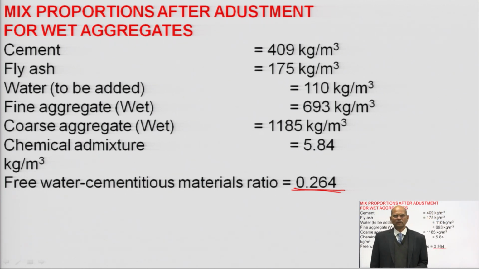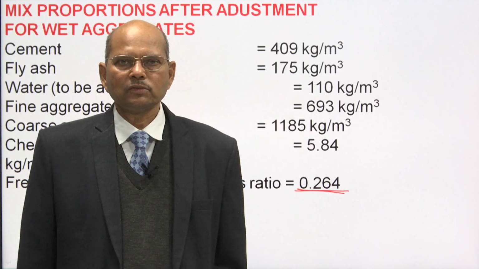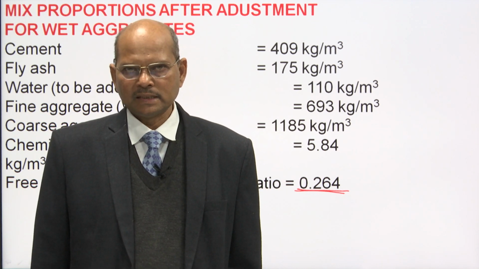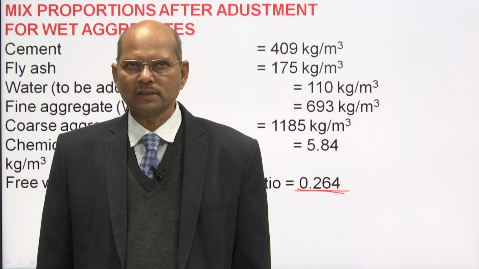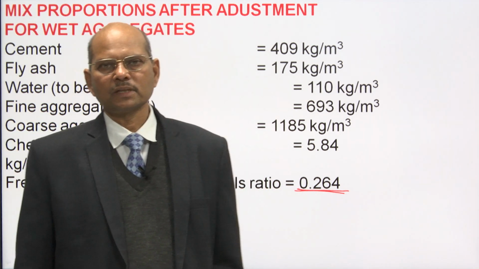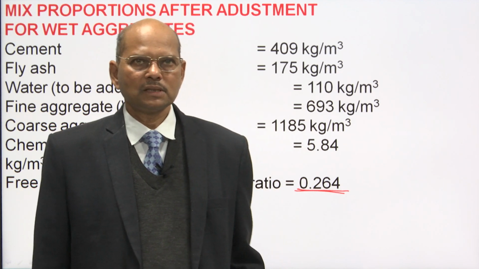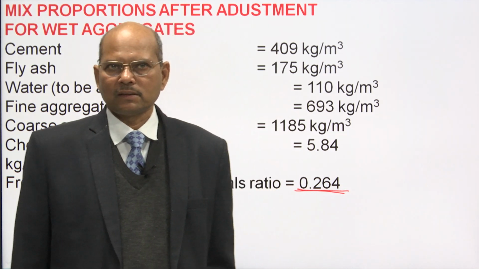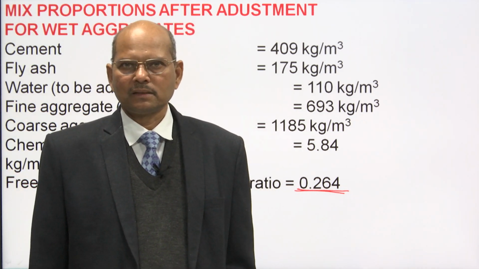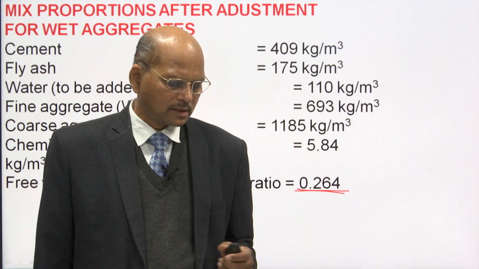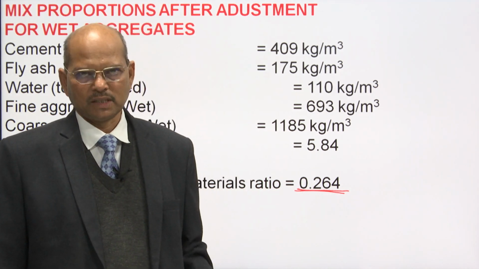Whenever we are doing this, by doing the slump test, you can adjust the water content. If the water content requirement is increasing, then you have to increase it and redesign the things. Okay. That is important, otherwise you may not be able to get the proper workability. So, this is trial 1, and by varying the ratio by plus minus 10%, you can go for another 2 trials, and then you can optimize your mix.